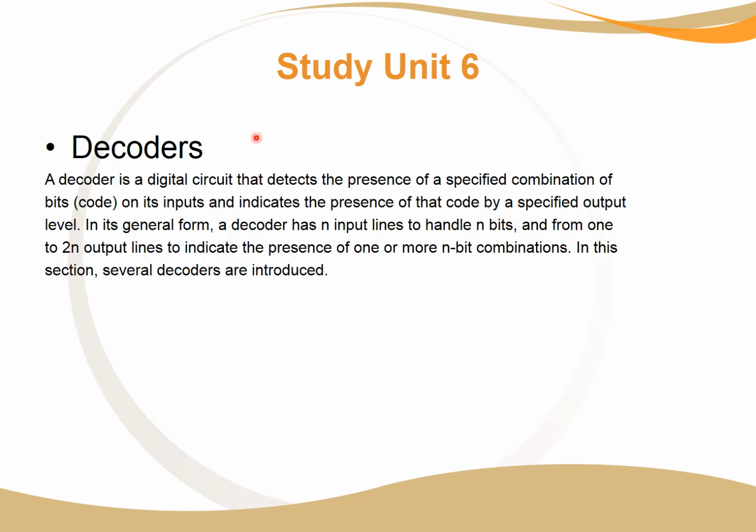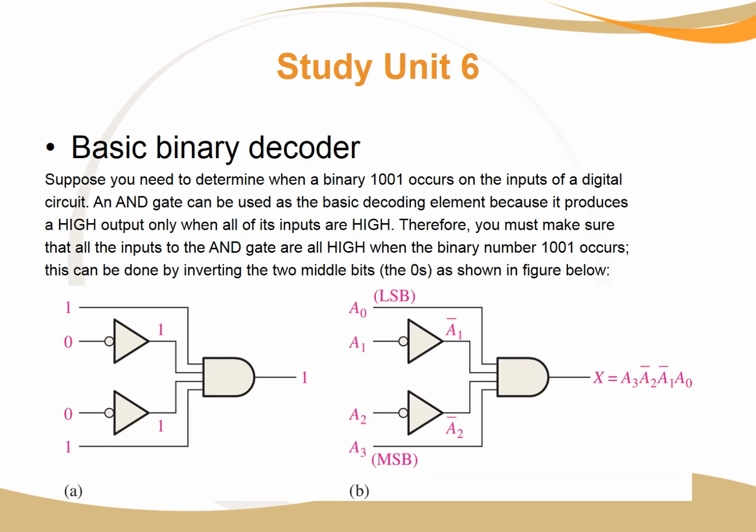And now we come to decoders. A decoder is a digital circuit that detects the presence of a specific combination of bits. So now we come to these basic binary decoders, and we'll build up to a BCD to 7 segment display decoder. Suppose we need to determine when a binary 1001 occurs on the inputs of